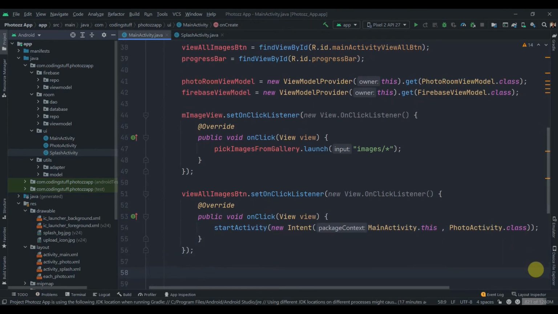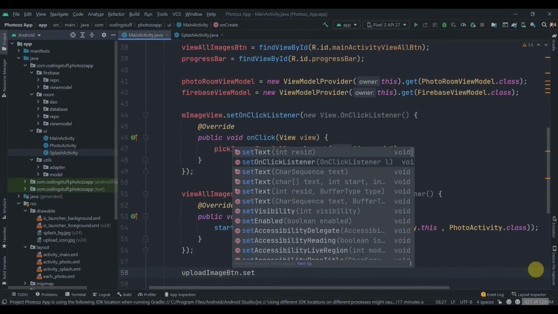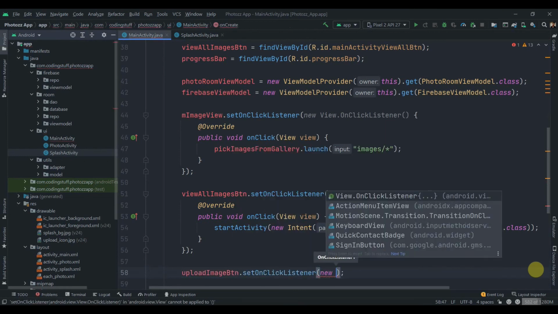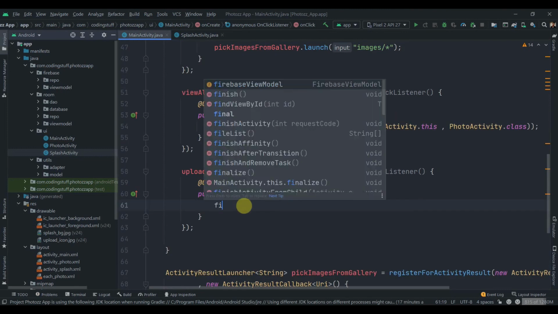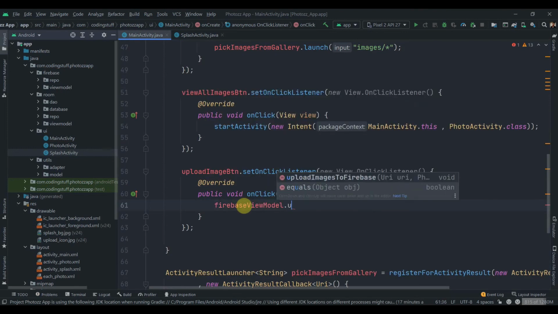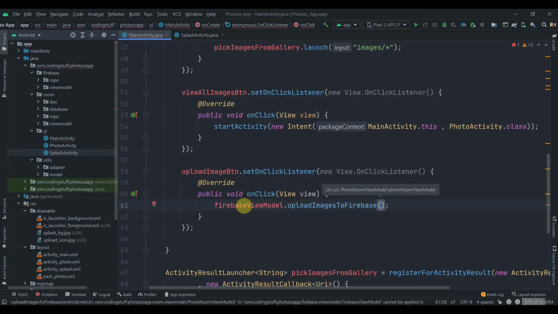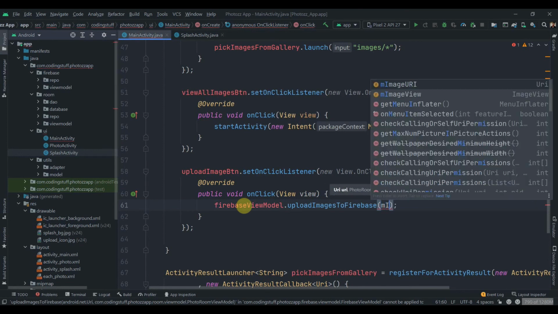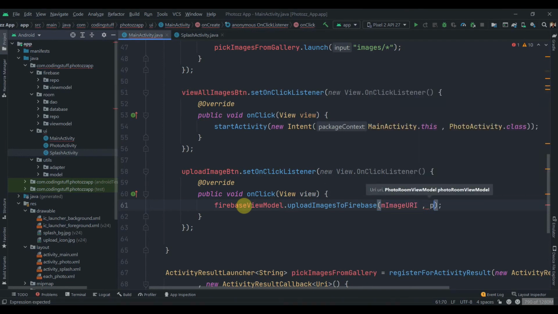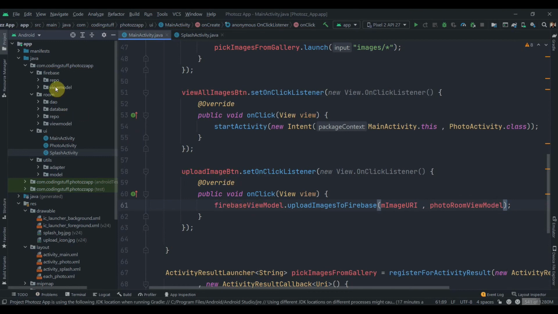Yeah, now we need to move on to the upload image button. SetOnClickListener, new OnClickListener. So firebaseViewModel.uploadImages, we'll pass the imageURI and we'll pass the photoRoomViewModel, and I guess we should add